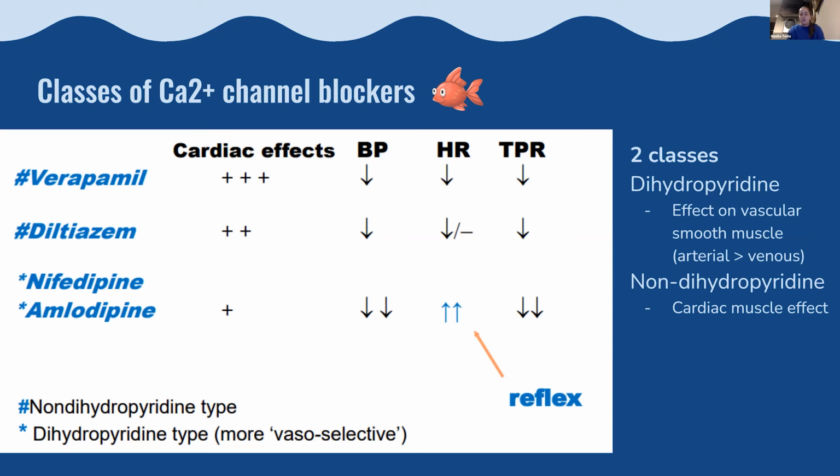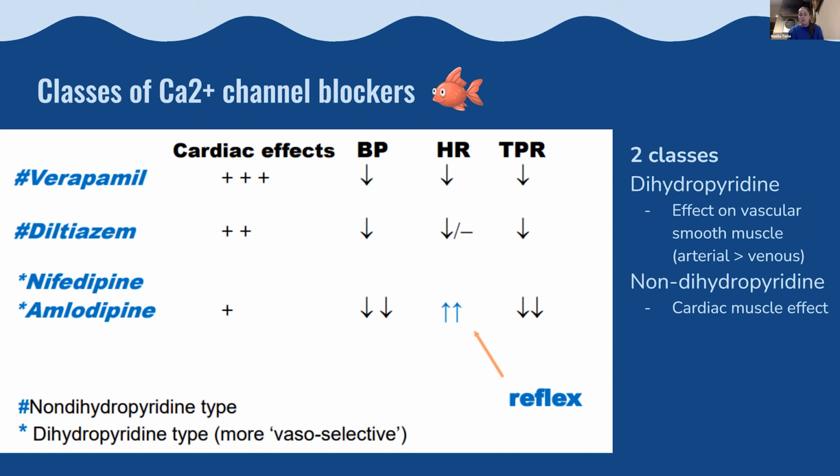They lead to a decrease in your blood pressure, generally a decrease in your heart rate, and a decrease in your total peripheral resistance. Whereas nifedipine and amlodipine don't have as many cardiac effects, but they lead to a big decrease in your blood pressure, a big increase in your heart rate, and a big decrease in your total peripheral resistance. So this is just something